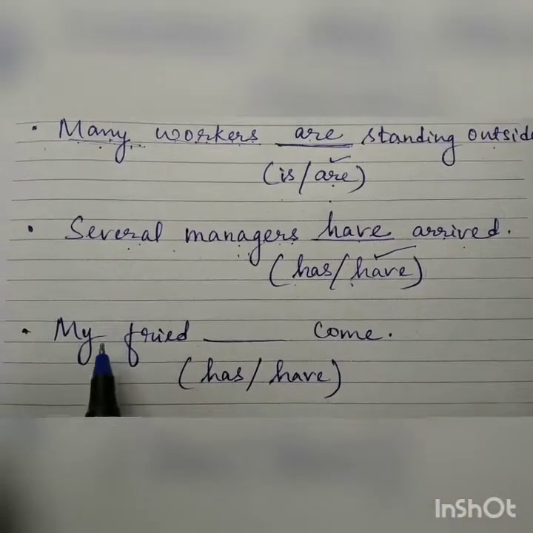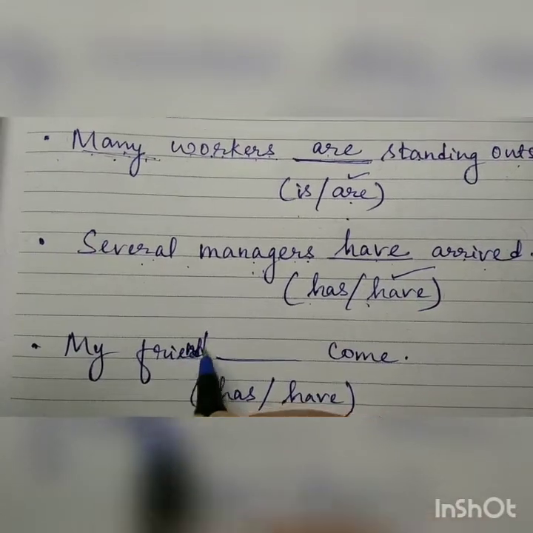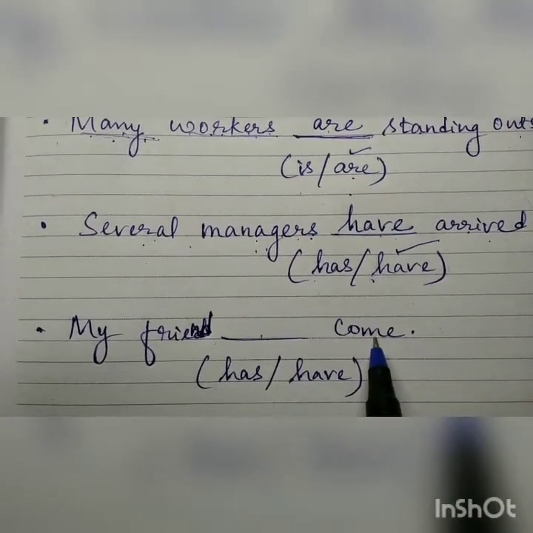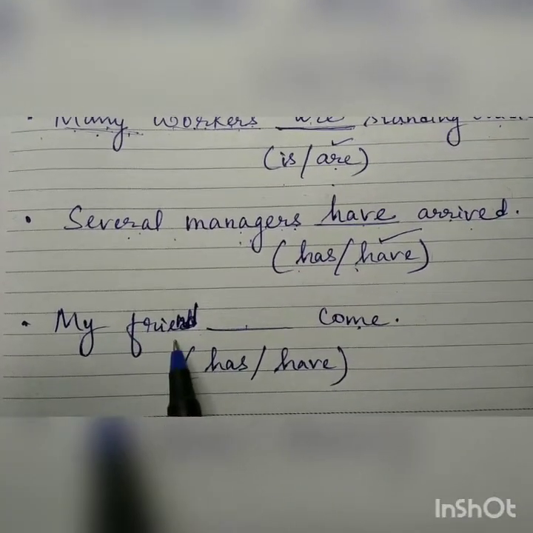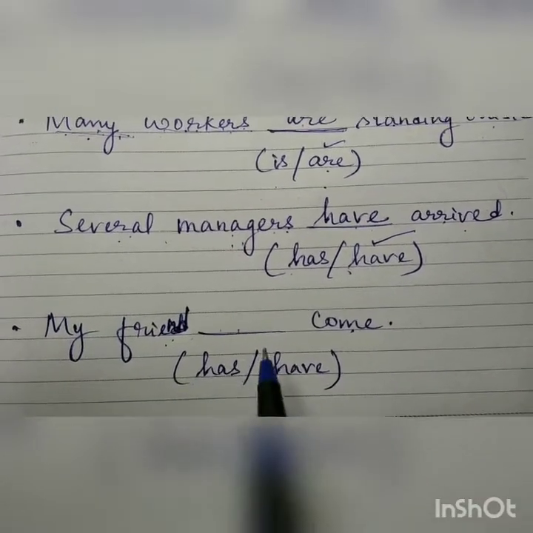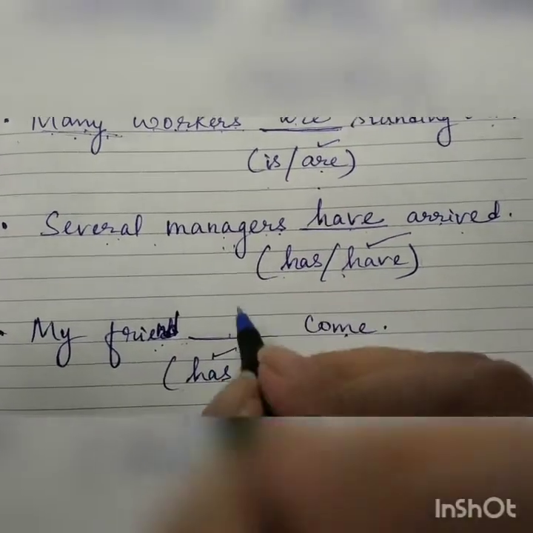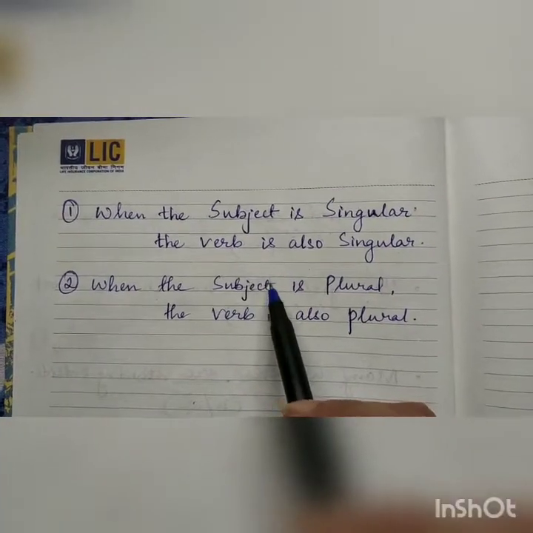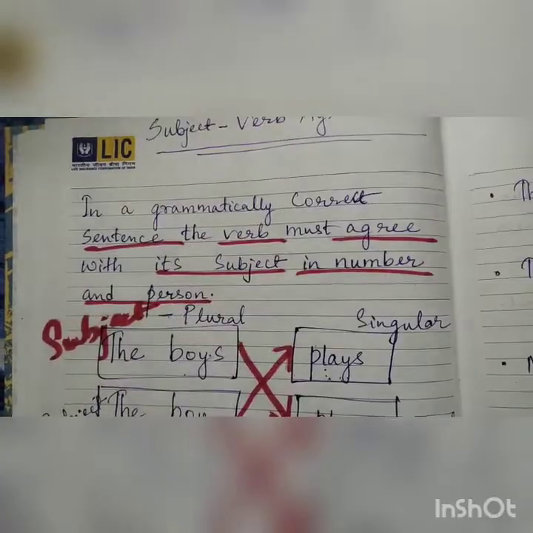Let's see the last one. My friend, sorry about the spelling, my friend dash come. So my friend is in singular. So the verb also has to be in singular form. So my friend has come. What we learned today is, in a sentence, the verb must agree with its